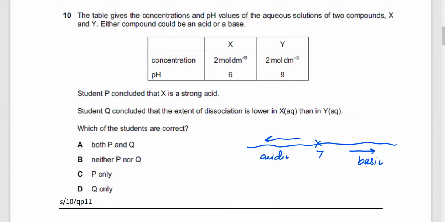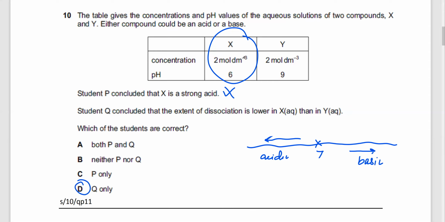So the first is student Q concluded. So student P concluded that X is a strong acid. Is he right or wrong? Wrong. Okay, pH 6 is not a strong acid. So that's wrong. I mean, student P is wrong. So that means the answer is D,